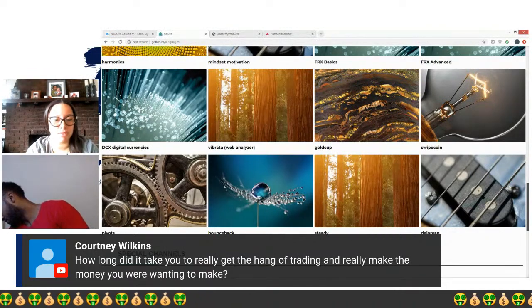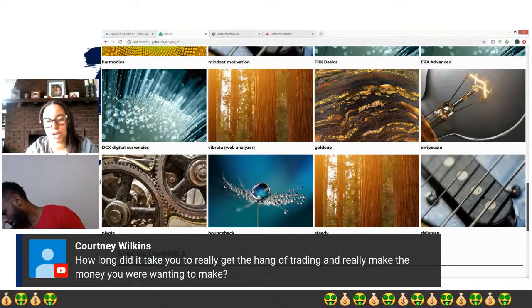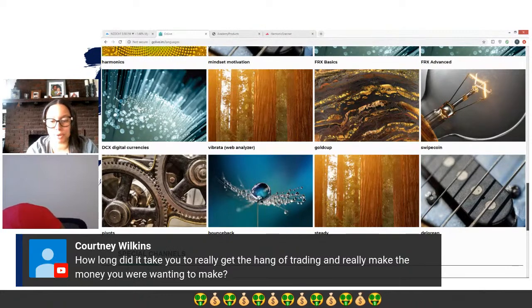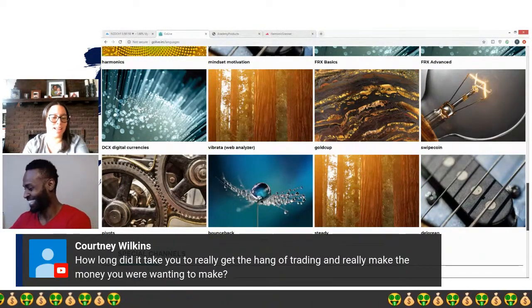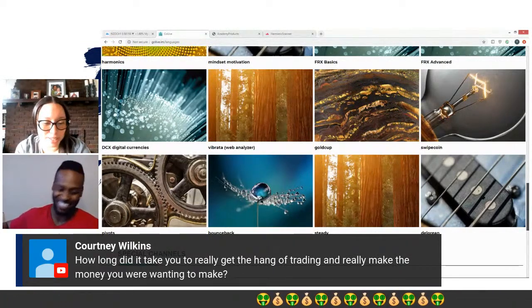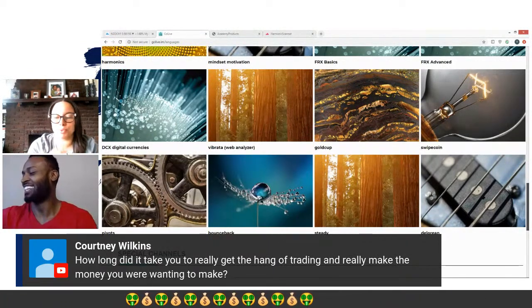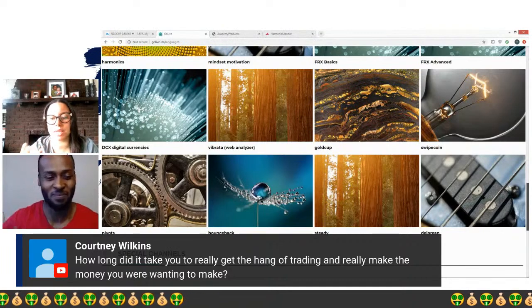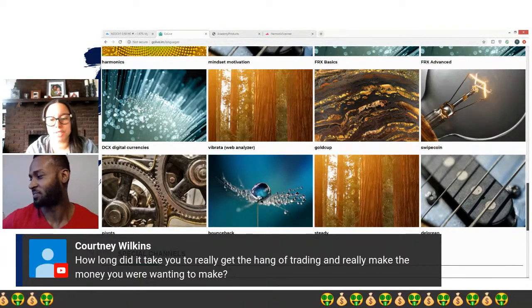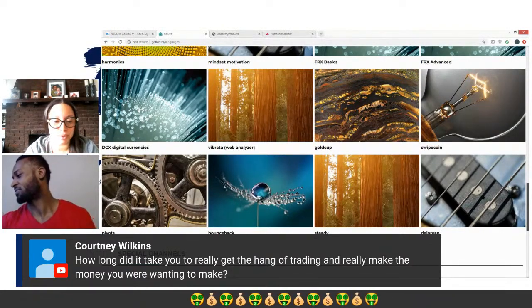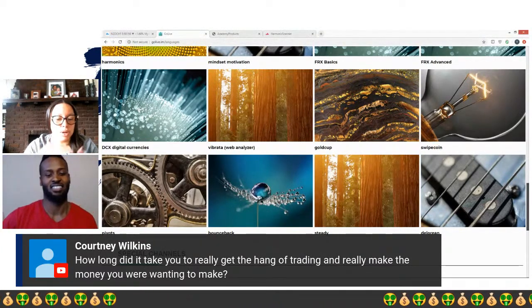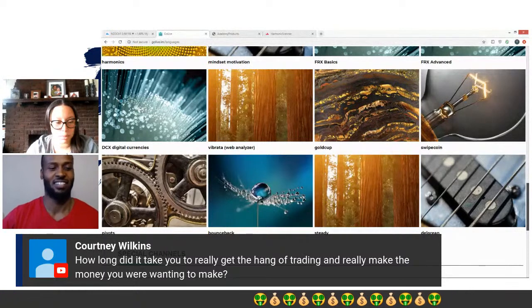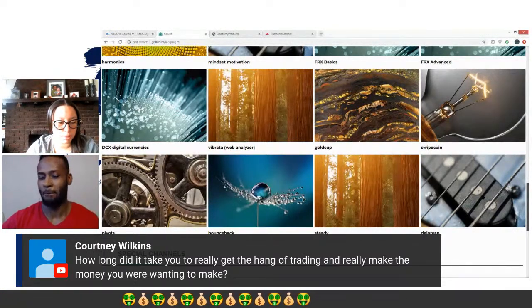I know my husband and I, our first profitable trade was 87 cents. We were doing cartwheels and going out to eat, because that's what it took for us to know that it was real, and we knew that it was a skill. And if we could do that with just 10 cents, what could we do with $100? So give us an idea of you. We know everybody's different, and we'll talk a little bit about that, but if you could share a little bit.